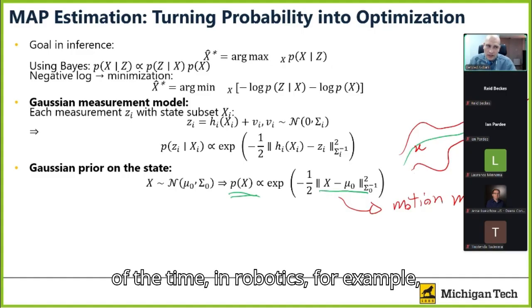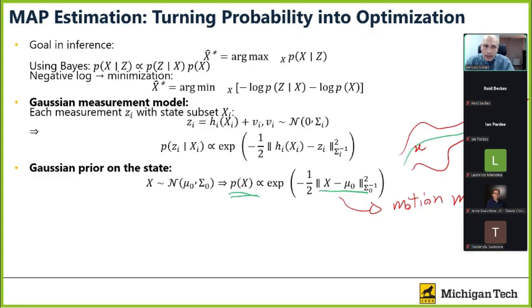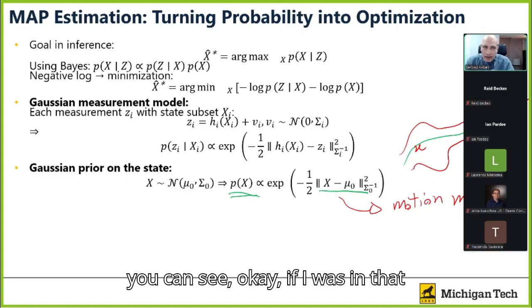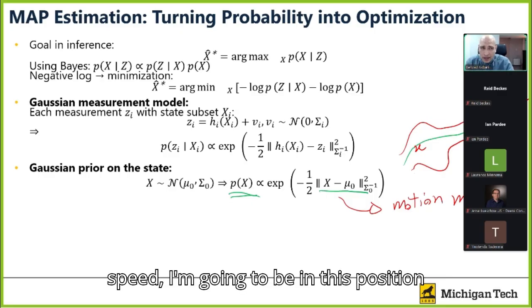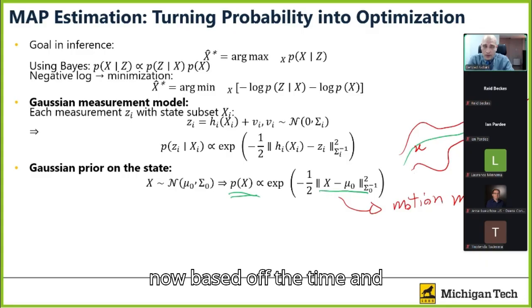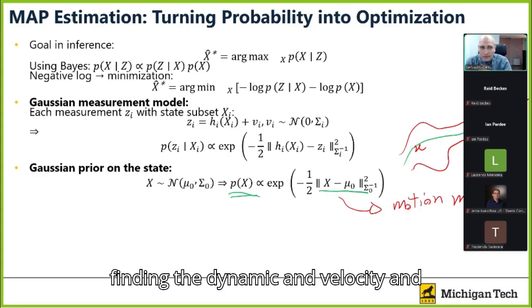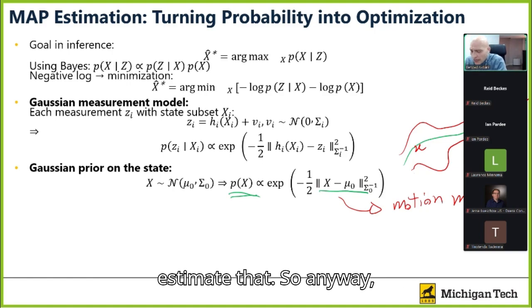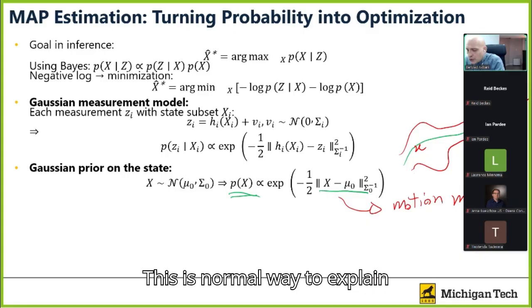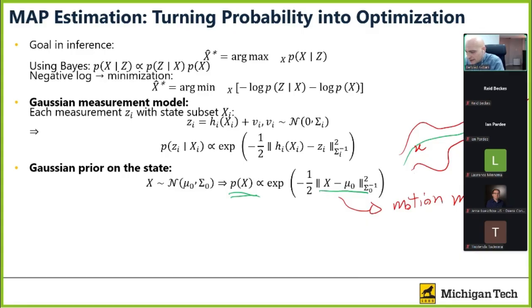Most of the time in robotics, you can see, okay, if I was in that position before and I was moving at that speed, I'm going to be in this position now based off the time, and finding the dynamics and velocity and acceleration, noise and stuff, we can estimate that. So anyway, this is the normal way to explain prior information and